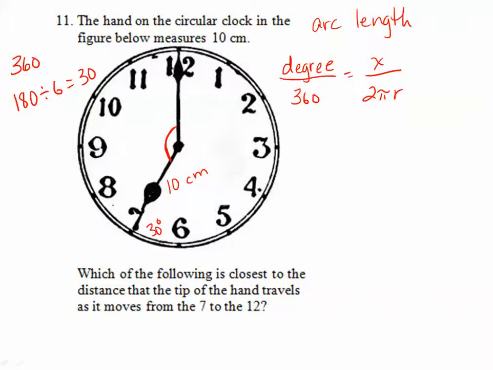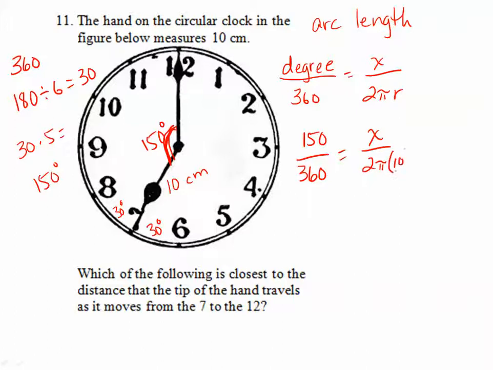So from the 6 to the 7 is 30 degrees. From the 7 to the 8 is 30 degrees. So I have 1, 2, 3, 4, 5 sections. So the 30 degrees times 5 gives me 150 degrees total for this central angle here from the 7 to the 12. So the 150 goes in my degrees over 360 equals x over 2 pi times r, which is the radius,